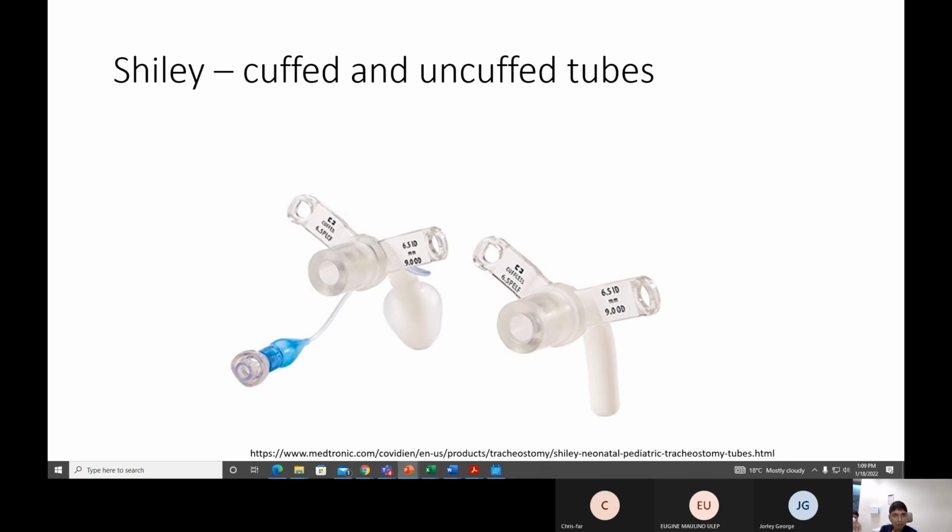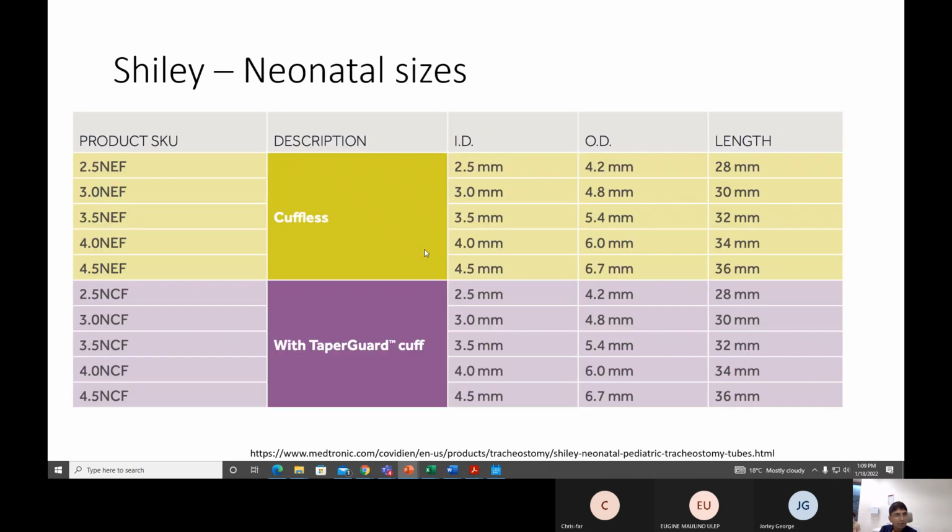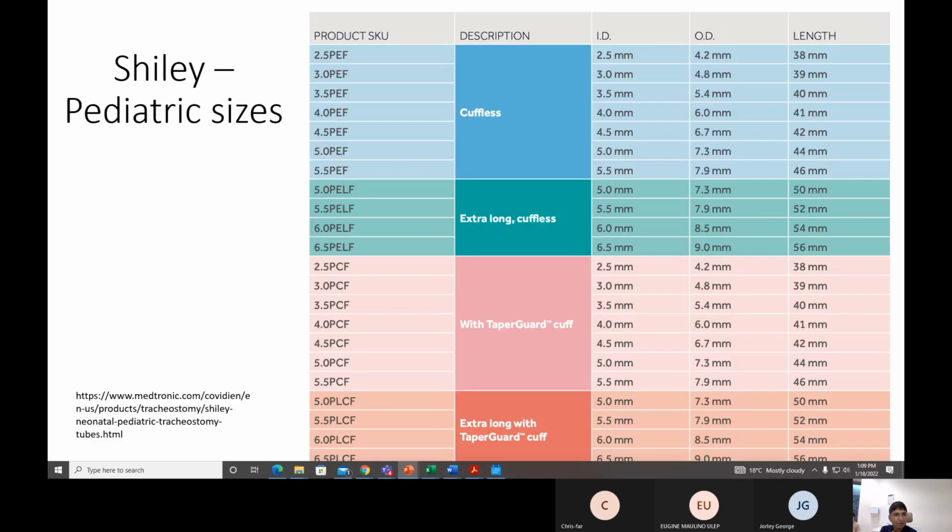This is the next one, Shiley. So the Shiley is made of PVC, and they also have cuffed and uncuffed tubes, and they also have the flange slightly V-shaped. So these are the different sizes of neonatal tubes. They are almost similar in length to the Bivona tubes. So usually you can replace one with the other if required. So these are pediatric